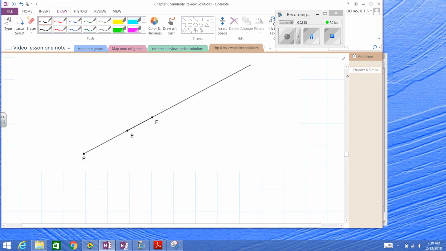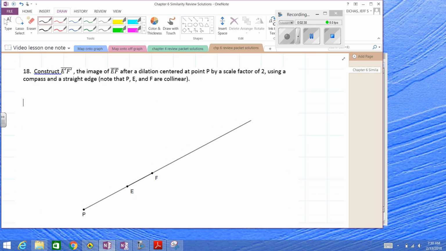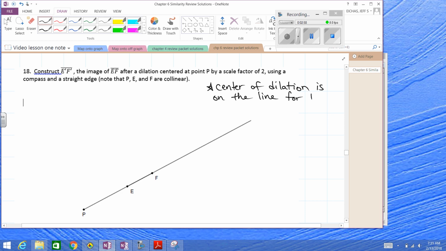For this one, we're going to use, again, the straight edge, or the compass tool this time. Now, this is a unique situation where the center of dilation is on the line. So when the center of dilation is on the line, for the points E and F,